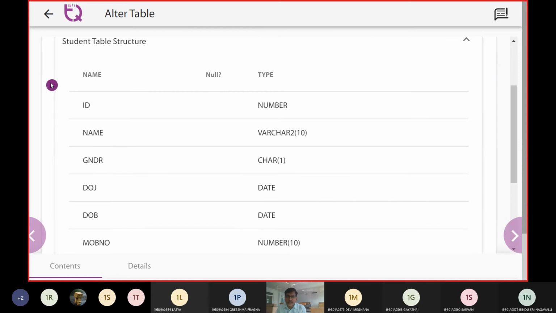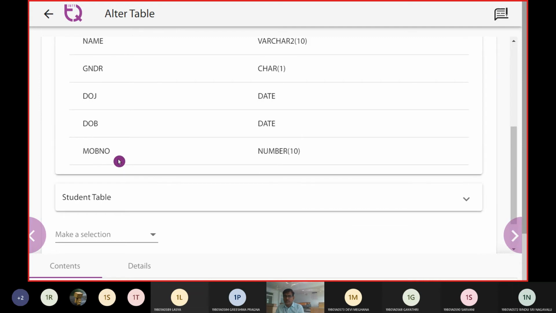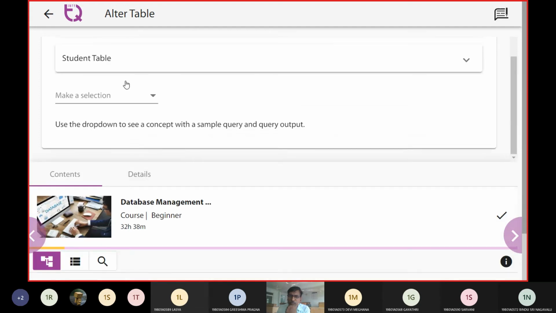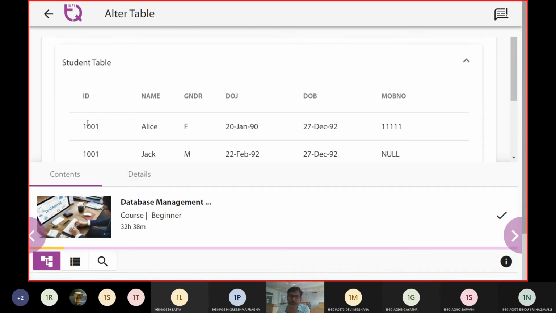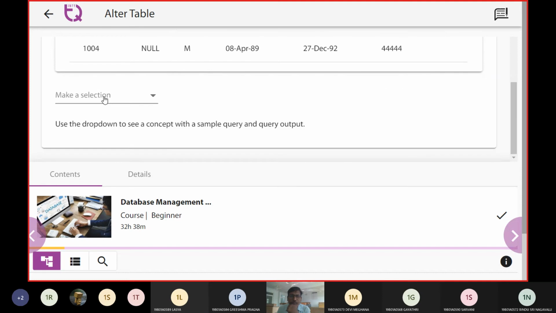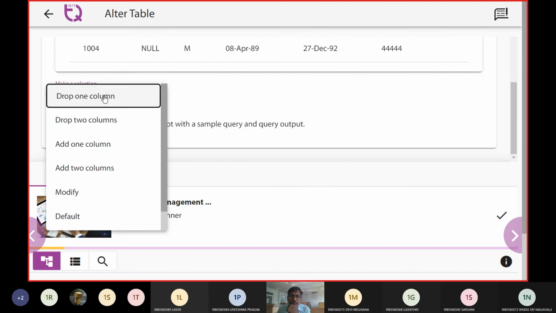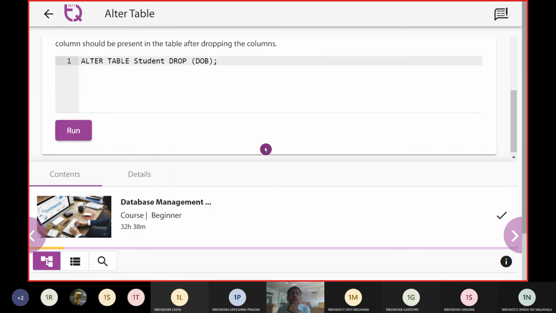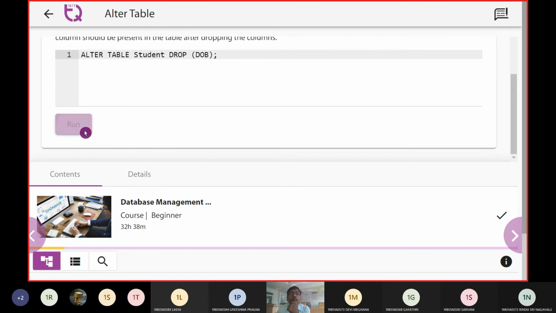And here you can see the student structure with ID, name, gender, date of joining, date of birth, and the mobile number, which is given as number. And then we have the student table with all these attributes. Alter table drop DOB.